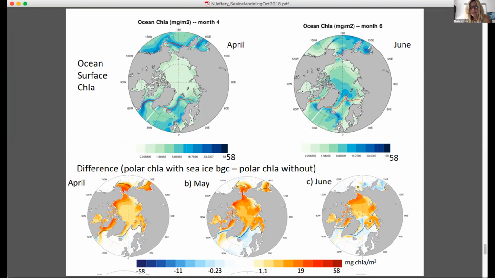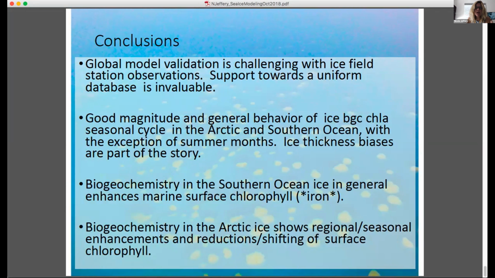And that's telling me that the sea ice in the Arctic is competing with the ocean system. It's not just adding, it's actually competing. And so we have a nutrient limited system, we're getting drawdown from the ice BGC, and we're reducing what's available in the Arctic. Okay, so the conclusions are that the global model validation is challenging with ice field station observations,